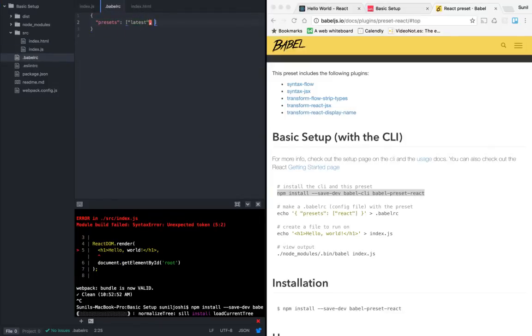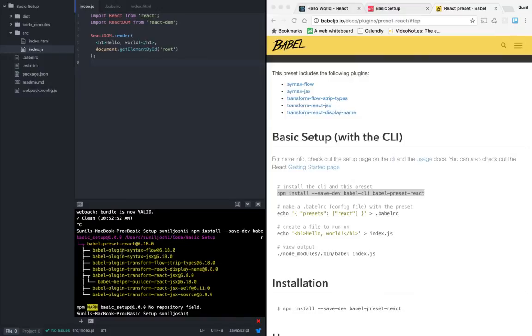So along with the latest preset, we also want Babel to understand the React preset. So let me save this, and after this installs, see, some of the plugins it is installing is the JSX syntax. So now when I run this, it is going to understand the React code which I'm writing.